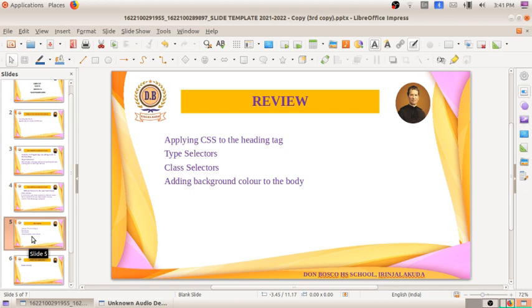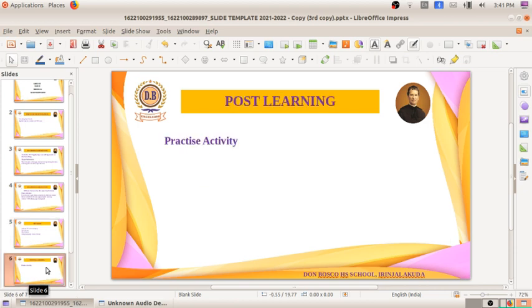I hope it is clear. You have to practice the activity. Here we are using the CSS, and we will continue using the CSS in the chapter. We are using a lot of other features with CSS files. So you have to practice the activity without fail. You have to go through the chapter first, mark the important points, study, and write. You can see the syntax also here. You have to mark each point and study that.